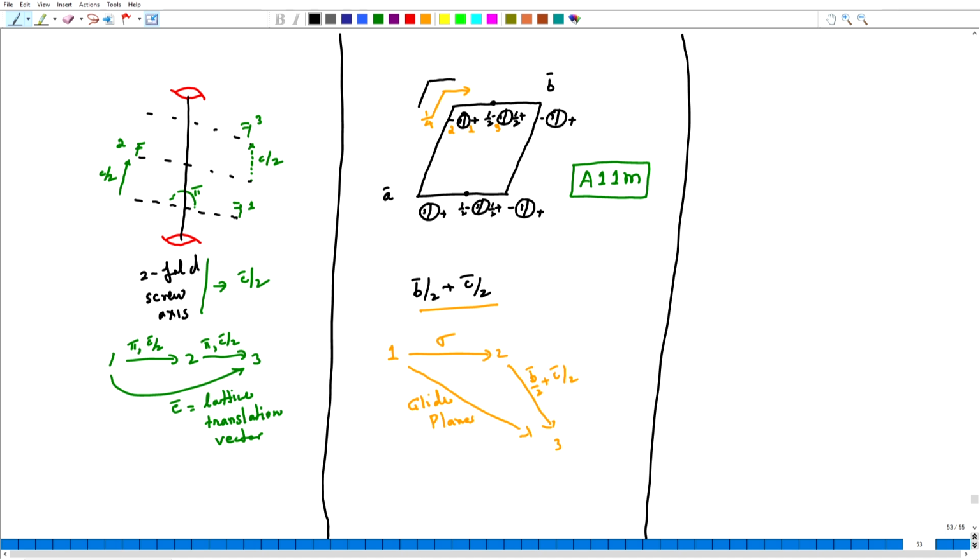Now when I said that I get so many space groups from a monoclinic system, well, now what I can do is I can simply add a screw axis to a primitive monoclinic. I can add a glide plane to a primitive monoclinic to get a couple more space groups. So, let me just quickly do this. Let us take a primitive monoclinic